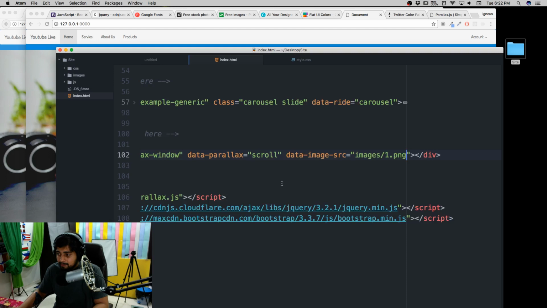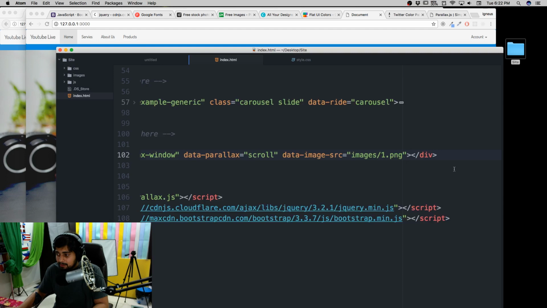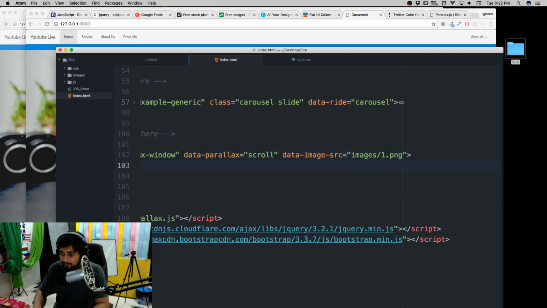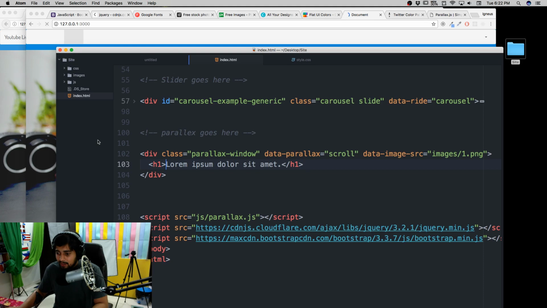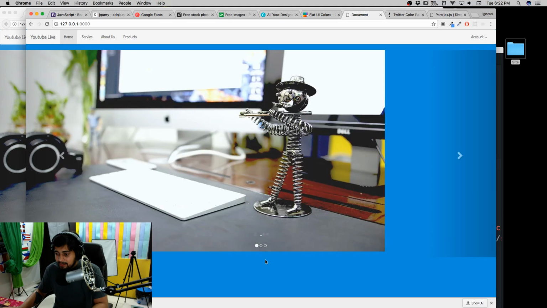The reason why it's not working is because we got an empty division there. We need to put a few things inside our division, maybe an h1 tag with some lorem 5, just like that. So obviously we need to add a few things in here, and right now it's just behaving oddly. But again, if you go onto the course, there are just 2 videos there that talk about the parallax in detail. I cannot go into much of the detail. We are already at 40 minutes of the live. Maybe we'll do it later on somehow with a much better plan.